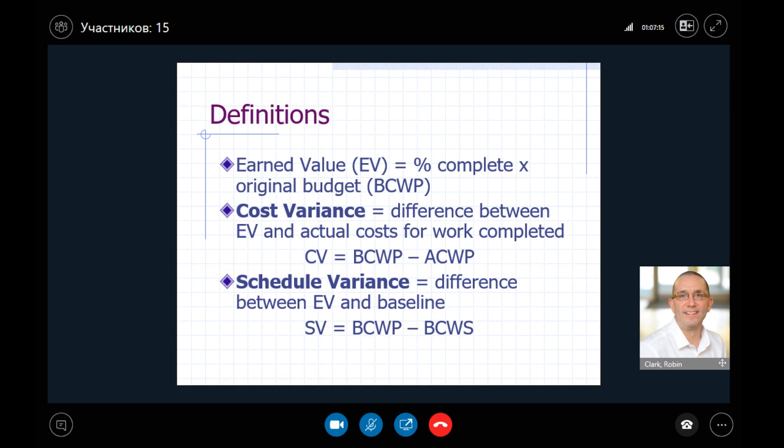That leads us to these two what we call variances. So there's a cost variance, which is, you can see the budgeted cost of work performed minus the actual cost of work performed. And then the schedule variance, which is the difference between the earned value and the baseline, okay, which is the budgeted cost of